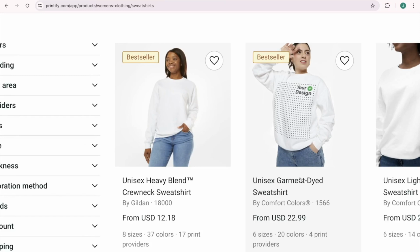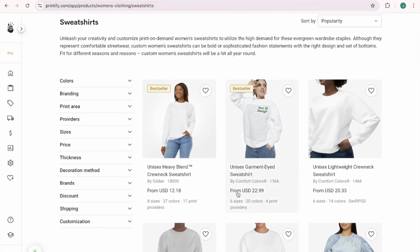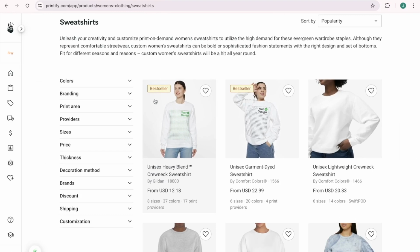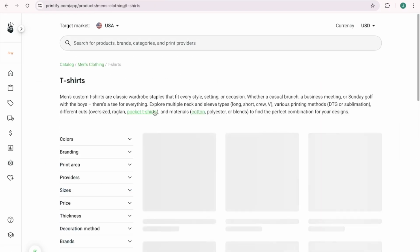There is a demographic for everyone on Etsy, so if someone really wants a Comfort Colors sweatshirt, they will pay extra for it. But in my experience, this is the one that always sells. This is my best seller all year round. And if you're gonna put a design on a sweatshirt, then you might as well put that same design on